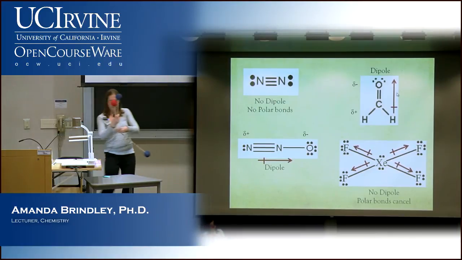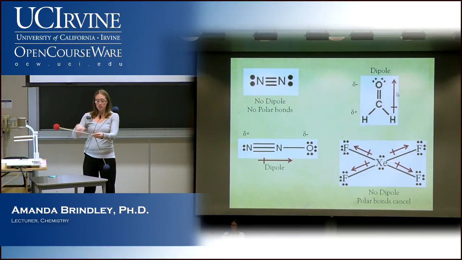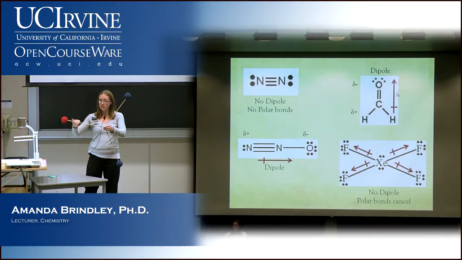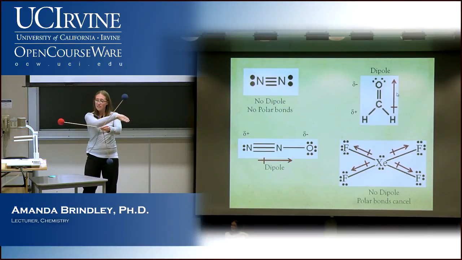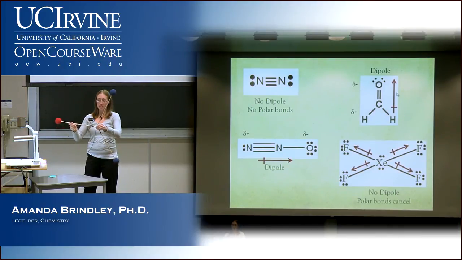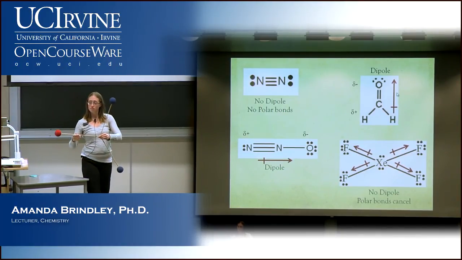In my fake example here, it's hard to tell because these two would be adding in that direction, and this one would be adding in that direction. So these two are also sort of canceling with each other, but they're also adding that way. There's a lot going on that becomes a lot harder to tell. You know what I mean? That's when you have to actually do some vector addition, add up the differences between the two, and then add them. Make sense?